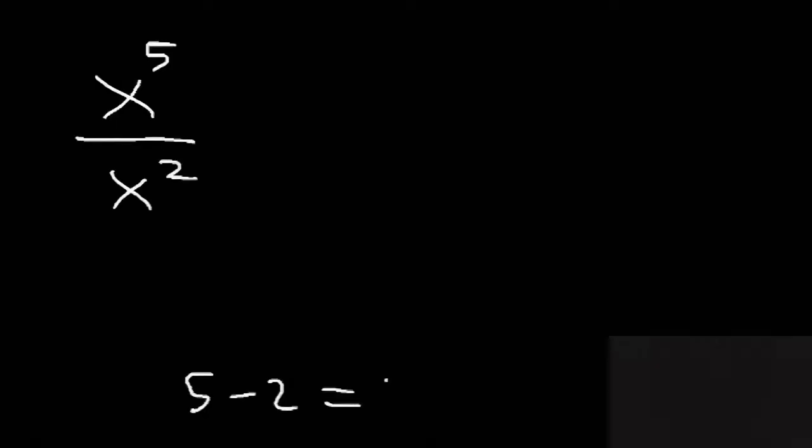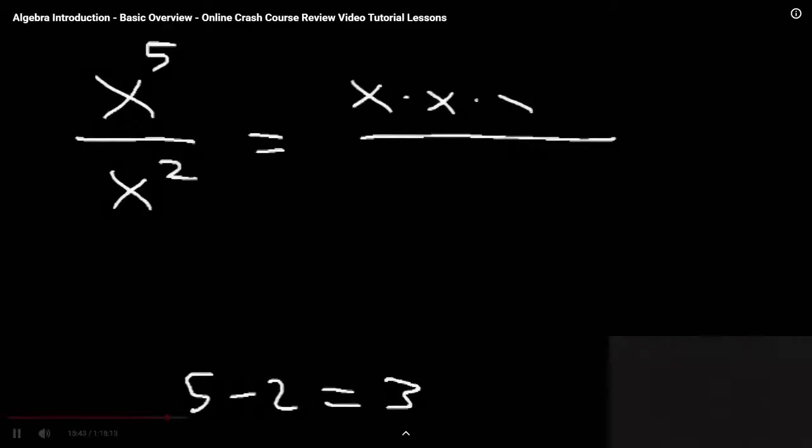Now, what about when dividing? Let's say we have x to the 5th power divided by x squared. We said it's going to be 5 minus 2, which is 3. So this is x cubed. Another way in which you can see it is that x to the 5th power is equal to x times x times